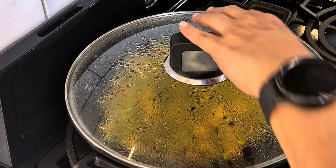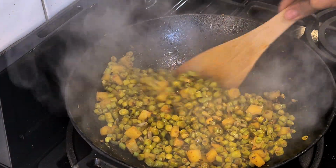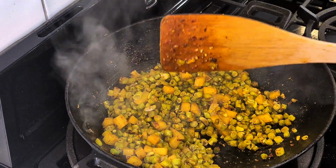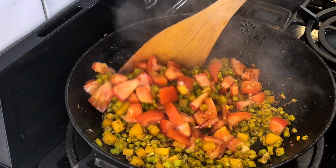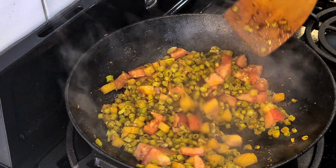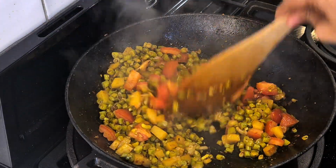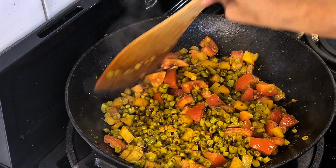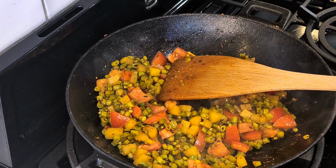Okay, now a lot of steam has been collecting around here, and there's also water in the pot, and the beans are looking soft. Now at this time, let's add the tomatoes to the pot. I thought that will be too much chili, but it's not looking like there's too much chili. Now let's see if the potato is soft. Maybe one little bite is left in the potato. Now I'm going to add